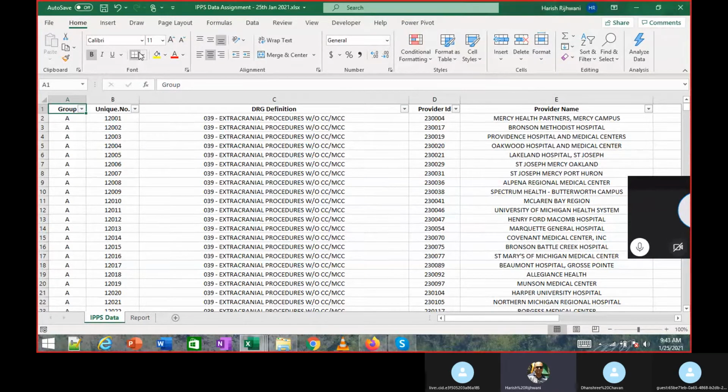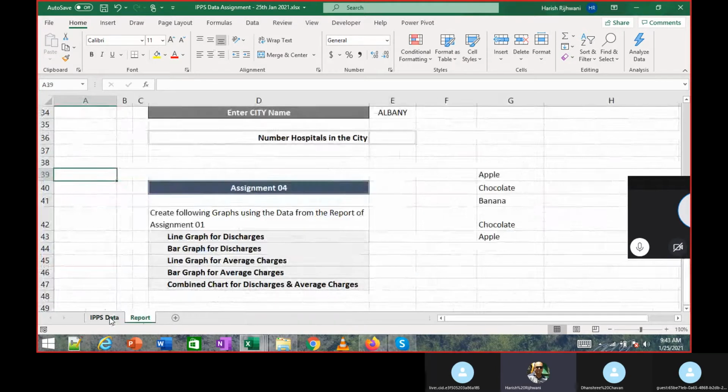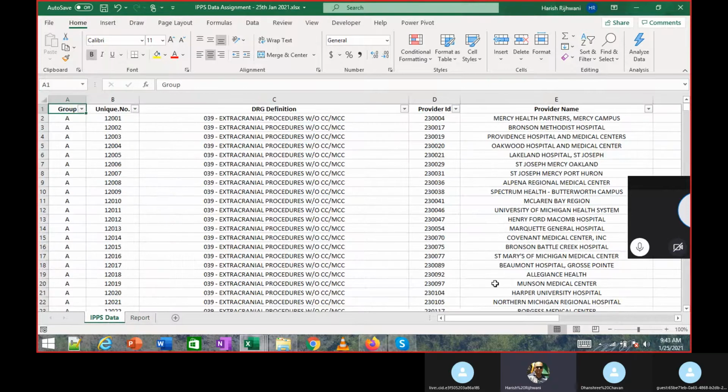Now there are quite a lot of shortcuts in Excel. You see these two tabs over here. If I want to navigate between these two tabs, I do Control Page Up and Page Down. If I do Control Page Down, it goes to the right. If I do Control Page Up, it goes to the left. Can you try that?